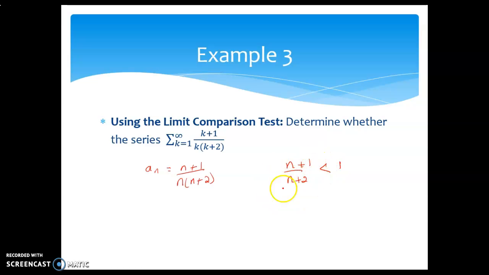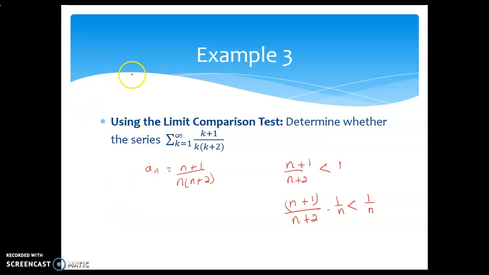Now we multiply both sides by 1 over n, so we have n plus 1 over n plus 2 times 1 over n. That would be less than 1 over n. We are not going to use the comparison test here. We are using the